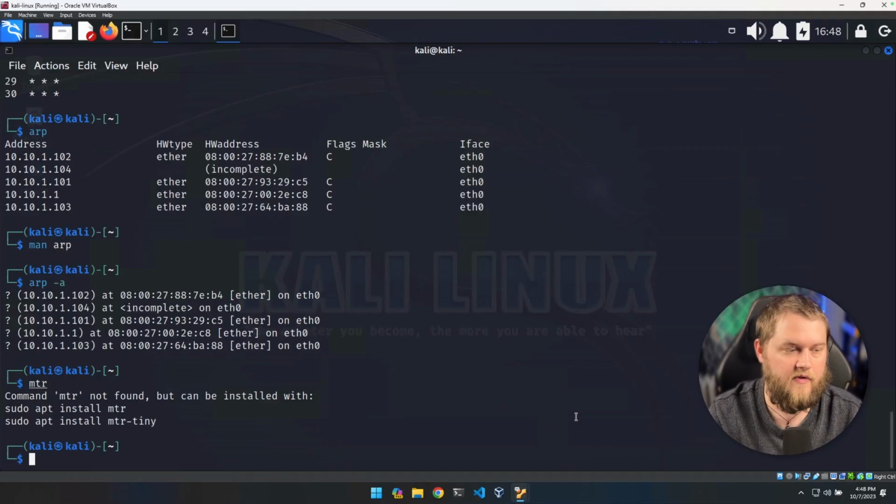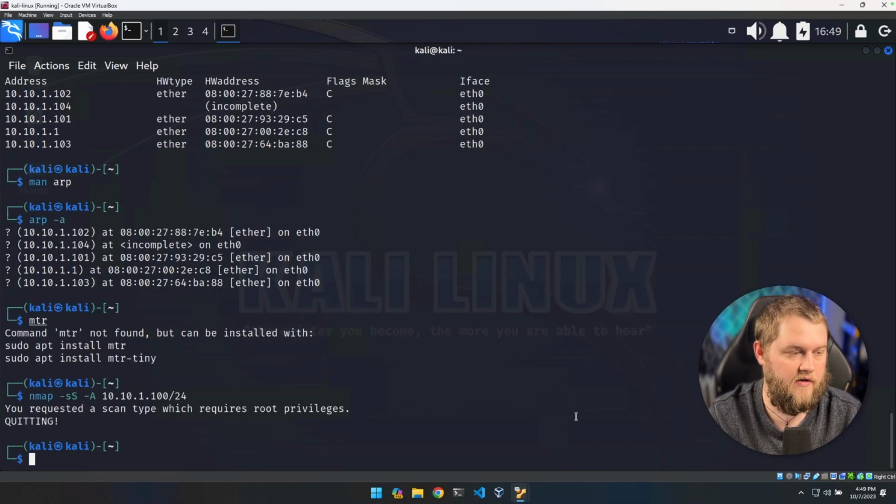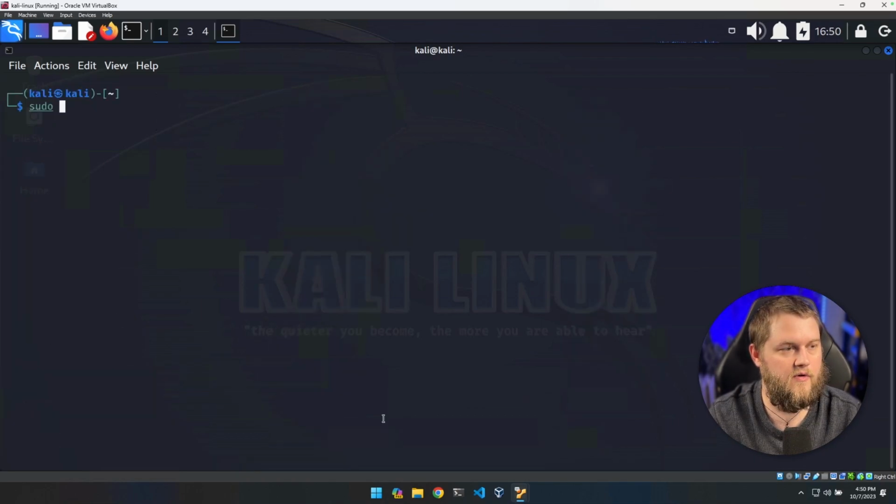The next thing we'll do is run an Nmap scan. Nmap is probably the best tool on this list. This is one that you're going to use a lot in cybersecurity and networking. It's just all-encompassing. Here's a typical one that you're going to run: nmap -sS -A and then your network address, 192.168.1.100/24. And you can see here I didn't run it as root, so I'm going to go ahead and do that as root. Sudo nmap -